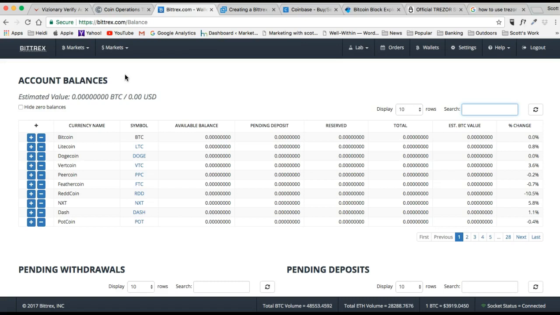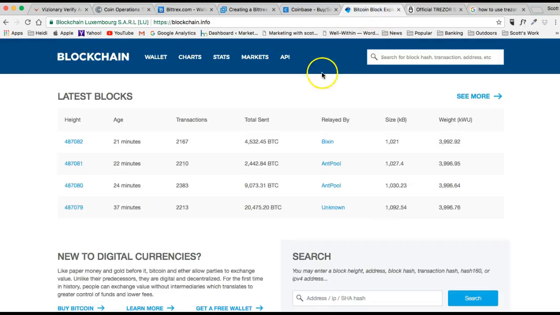So I hope everybody got some value out of this. Hopefully it helps you, especially the new people, I know this can be very overwhelming. Hopefully this provides some value and helps you move your coins from the Visionary account over to Bittrex, and it allows you to get some Bitcoin, and then you can go start spending Bitcoin. There's all kinds of places to spend it, and you can download wallets. In fact, this blockchain.info wallet has an app on your phone, and I have this wallet as where